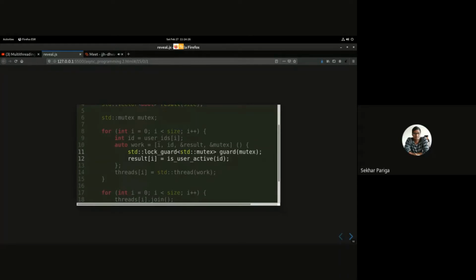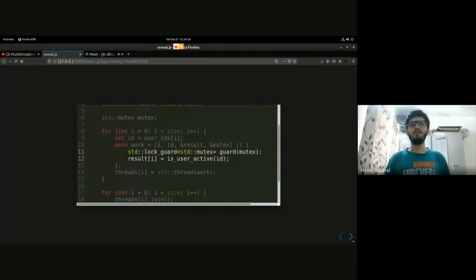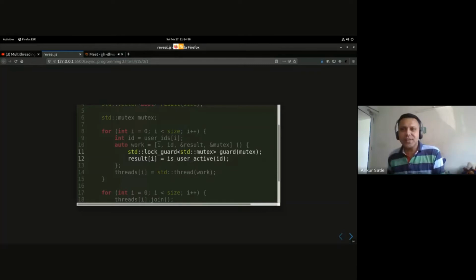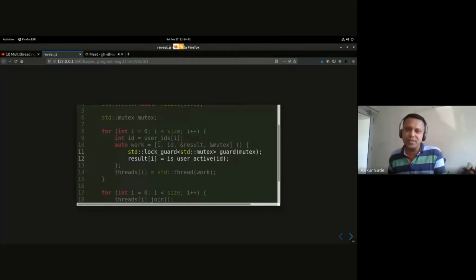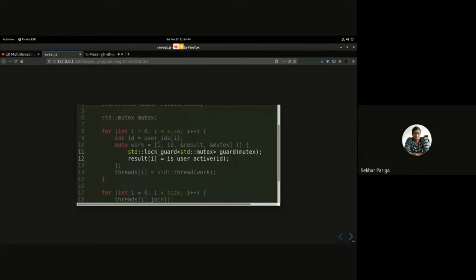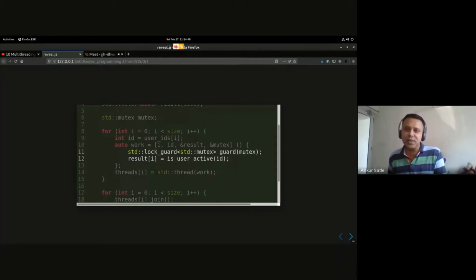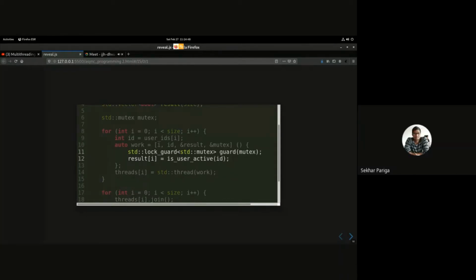No. The problem is not that we are locking. The problem is, I think you're doing all the work inside the lock. Your critical section is doing the work as well as the update of the data structure. I think the intention is to have the lock for the data structure only.